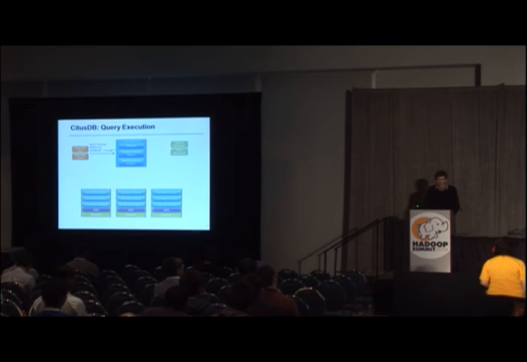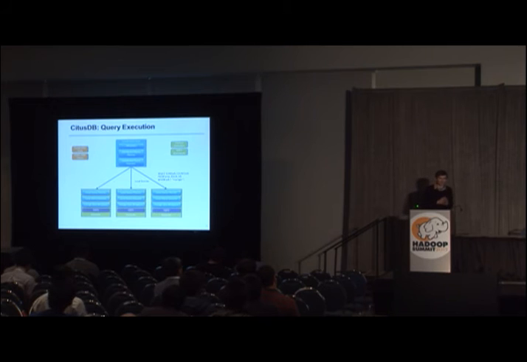So when a query is received from a client, the distributed query planner rewrites that query into a set of fragment queries. These fragment queries, one per HDFS block, are farmed out to the various CitusDB worker processes that are running on each of the data nodes. The worker processes execute these fragment queries. Once that's complete, they return the results back to the coordinator node, where they're merged together, and finally returned to the client.